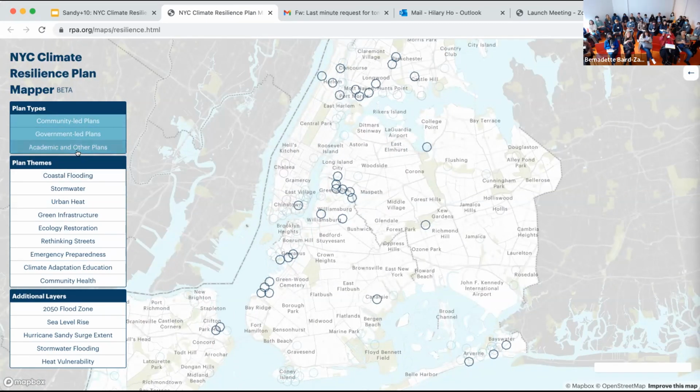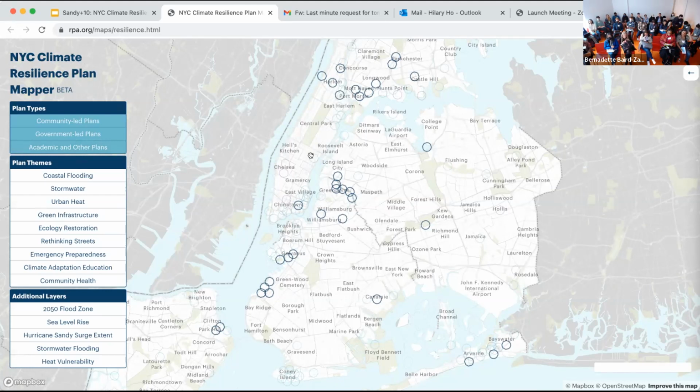For the academic plans as well, we heard from folks during our outreach that they would appreciate an inventory of, say, all the urban planning studios that have been working on climate resilience or other academic projects going around the city that have this focus. And while we understand that these might not be as community embedded as the plans from the community organizations, we thought this would still be an interesting idea and inspiration point if different neighborhoods wanted to take these ideas on for themselves as well.